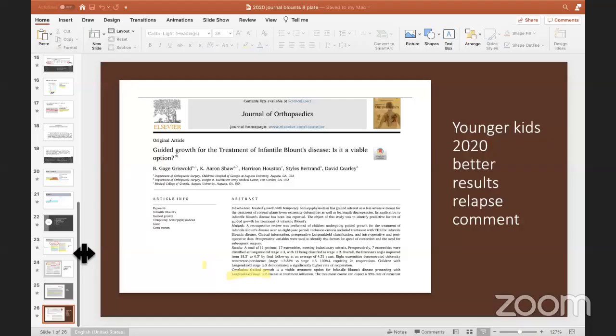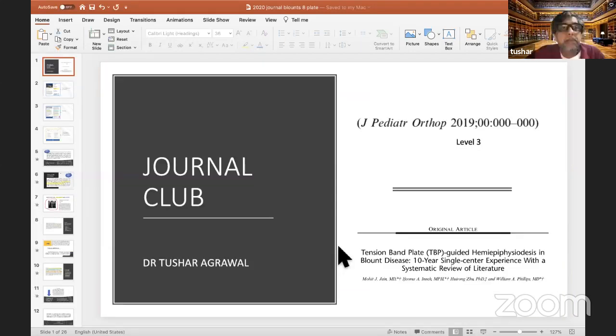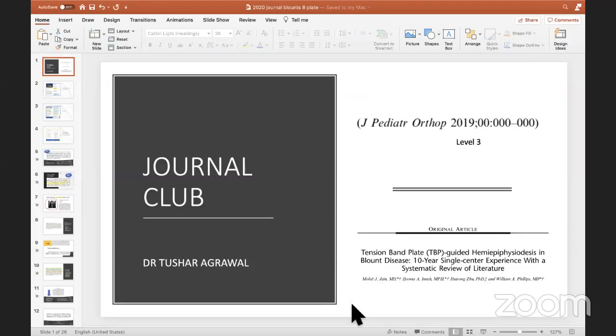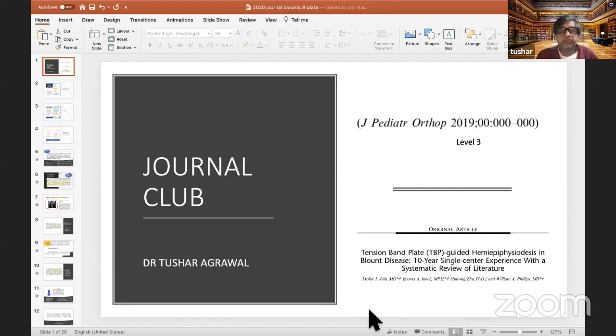So any comments on this? So yeah, one issue which you brought about was failure of correction, and second was implant failure. So if they correct too fast, then there'll be implant failure. But if they don't correct at all, then there'll be failure of correction. So these 2 issues remain. I don't think I could make out that if the speed of correction is fast, then there is implant failure. They have not mentioned that. No, I don't think so. Not that I could pick up from the paper.